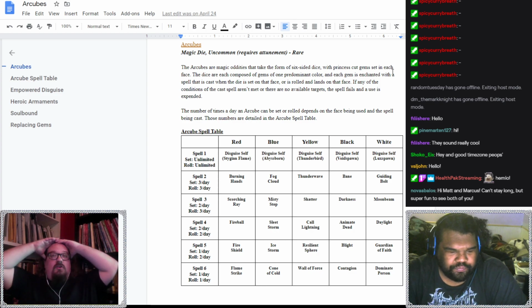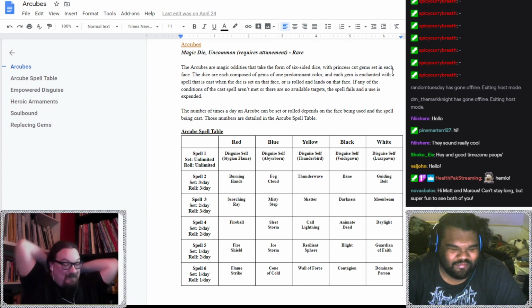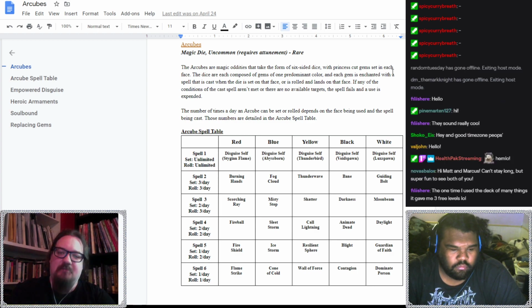I mean, world ending is a strong word, but certainly campaign ending. I am not one of those people. I love the Deck of Many Things, and I've used it multiple times to great fun, as some people in chat can attest. I enjoy the Deck of Many Things, but the type of randomness it has, despite the difficulty of the deck, and there are many, is more